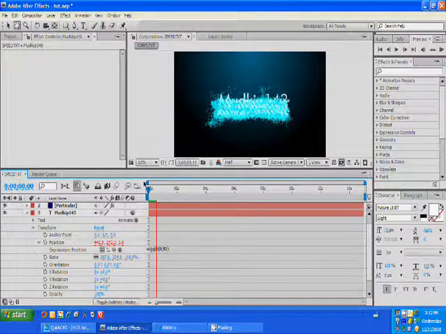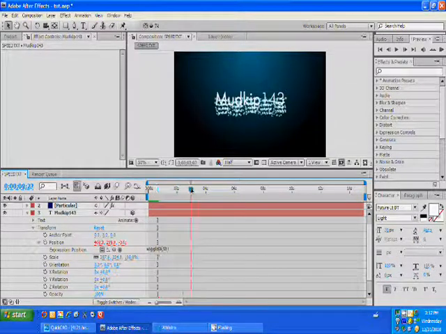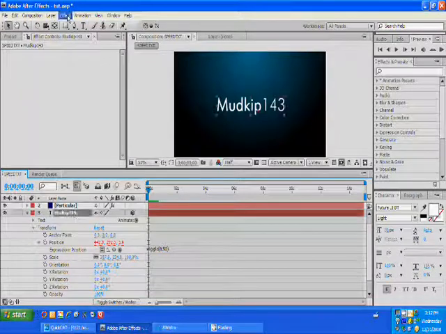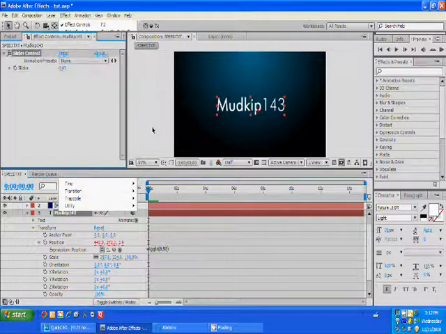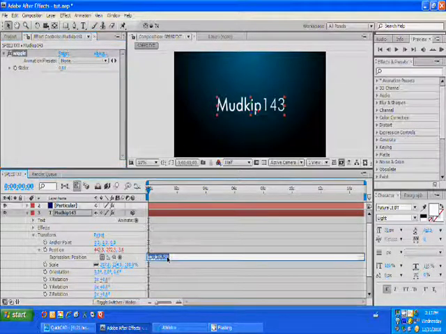But what we want to do is, so it's not just consistently moving, where you don't get to see anything, we want to go to our text, go to effect, expression control, slider control. Rename the slider control to wiggle, we'll do wiggle. Okay. What you're going to do now, in the expression we just did with the wiggle 50, we're going to